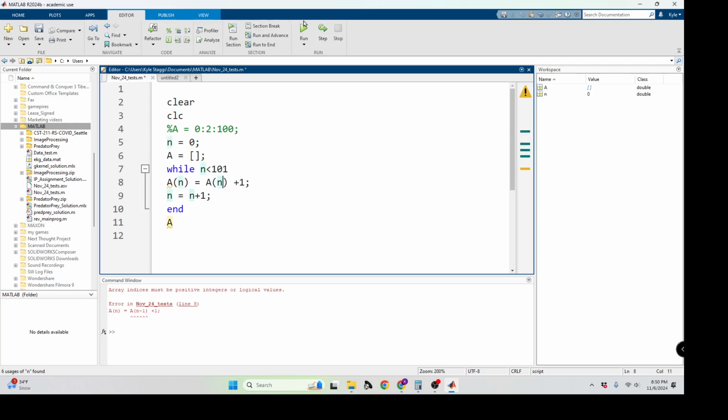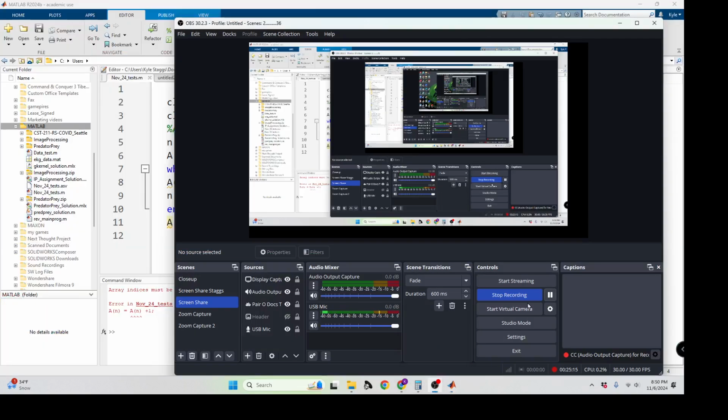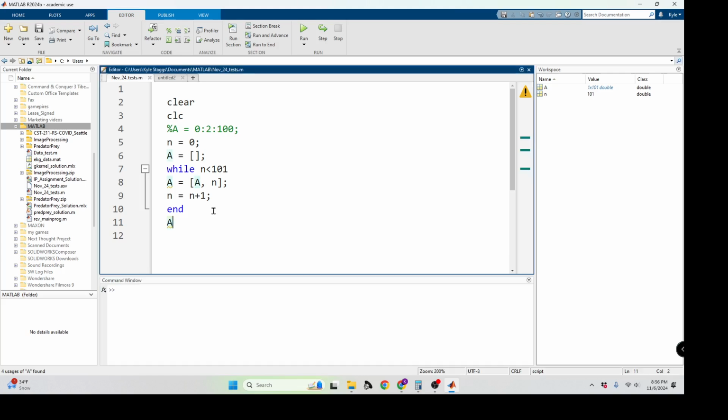That index won't make a difference because as long as it's got the key pieces of the puzzle, it'll grow. So one of the things that we need to pay attention to, even if we pre-allocate an array, if we're going to be building an array,